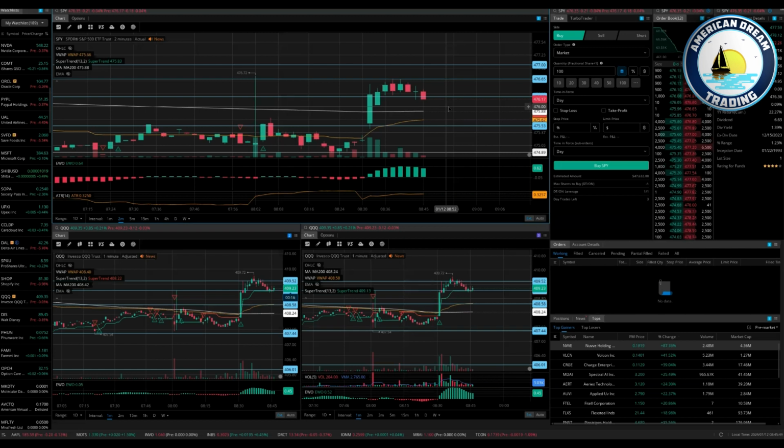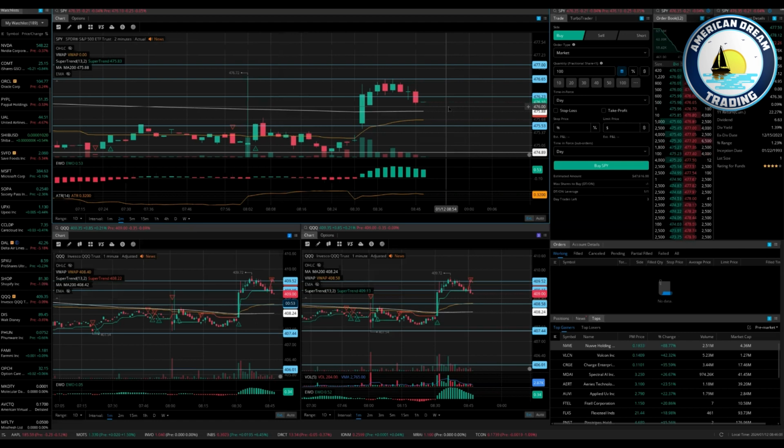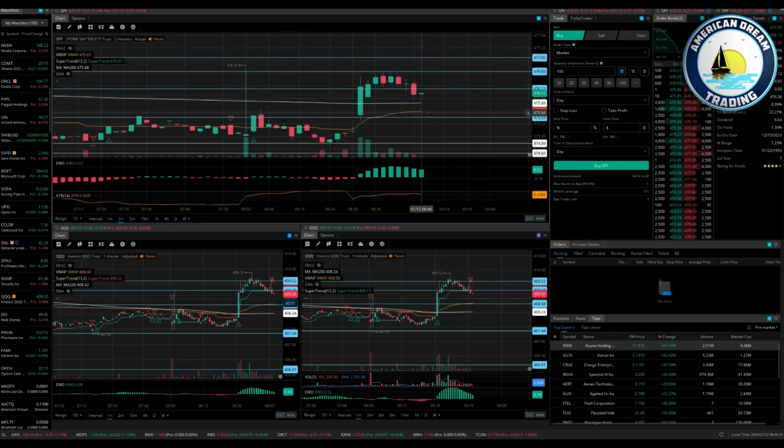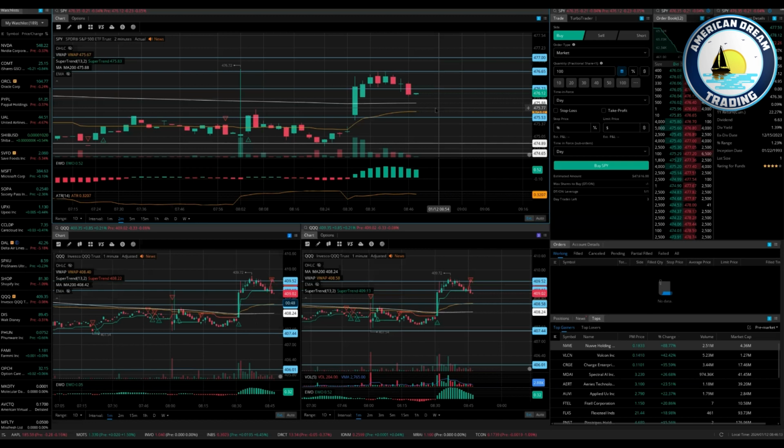Or, the farther it goes away from what you paid, what I like to do is actually loosen it up more, because I don't want to get stopped out. I already know I'm going to make 50% on this, so why not give it a bigger amount of room? Because the idea is, everybody, you will make more money allowing it to run forever than those little pennies getting stopped out. Again, this comes back to position size. If you have the right position size, you won't be worried about the minimal amounts getting you stopped out.